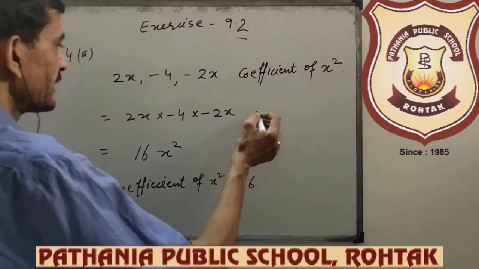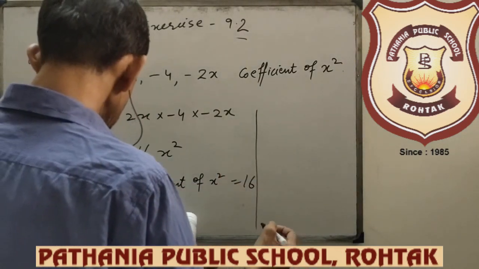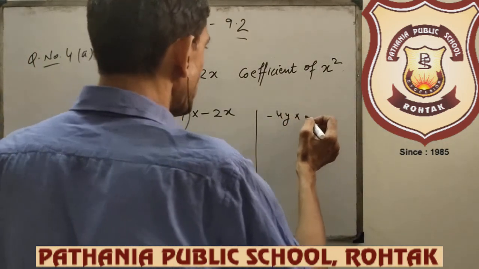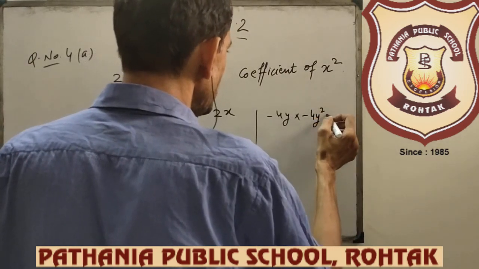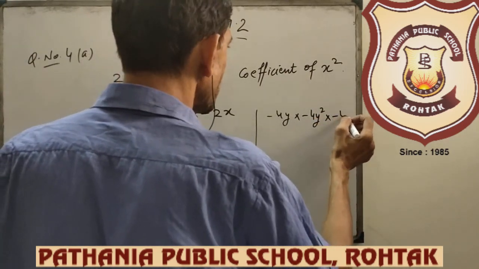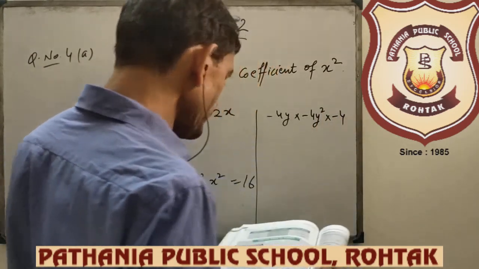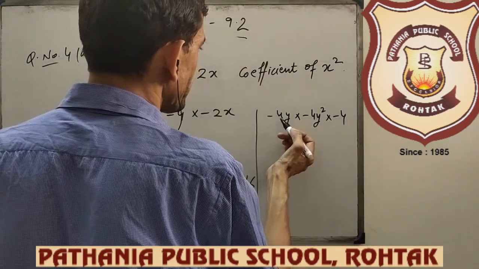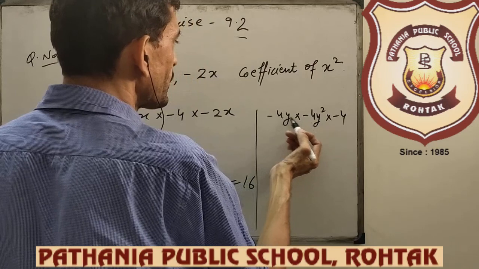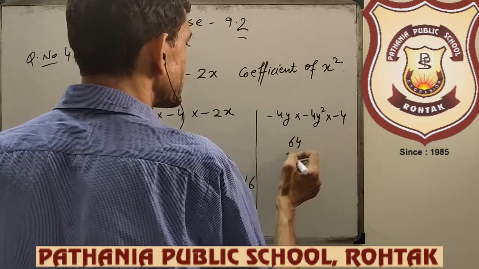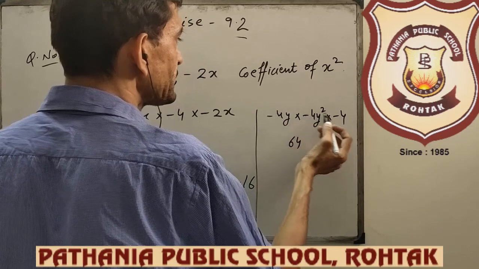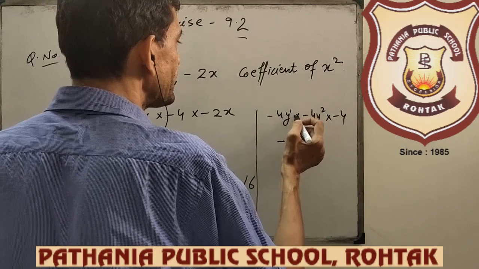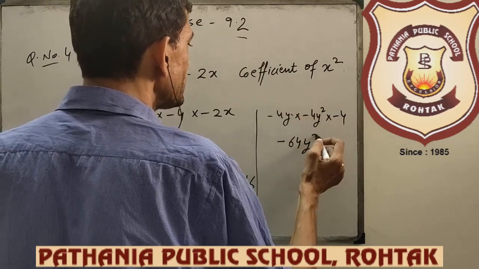नेक्स्ट है बेटे, नेक्स्ट में 3 टर्म्स की है, -4y इंटू -4y स्क्वेयर इंटू -4 एंड राइट द कोफिशिएंट ऑफ y स्क्वेयर. तो द प्रोडक्ट इज -4 इंटू -4, 4 4 the 16, 16 4 the 64. And minus into minus plus, plus into minus, again minus, and y raised to the power 2 is this and 1 is this, y raised to the power 3.